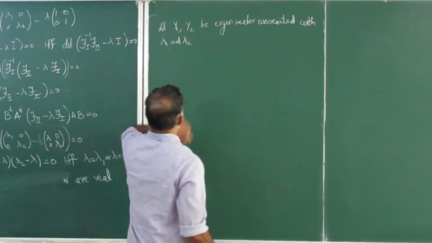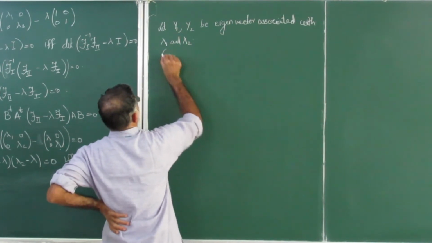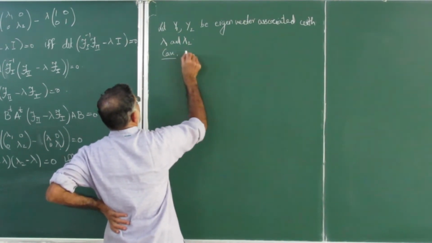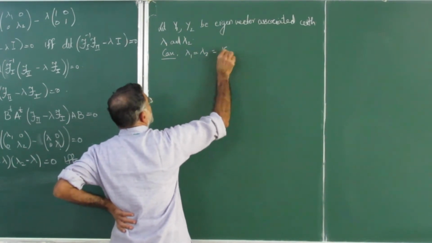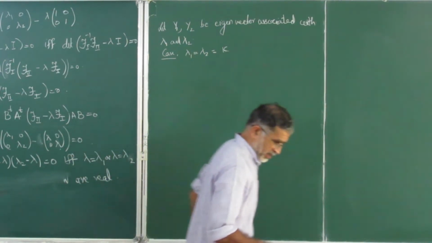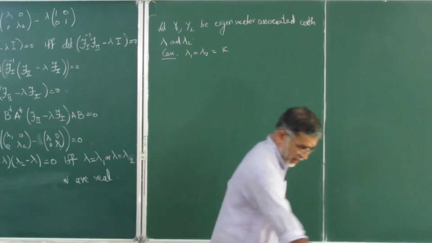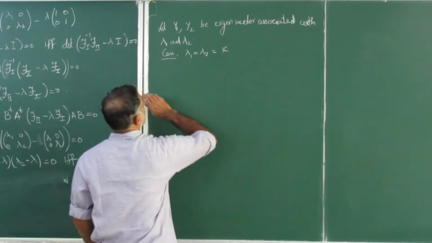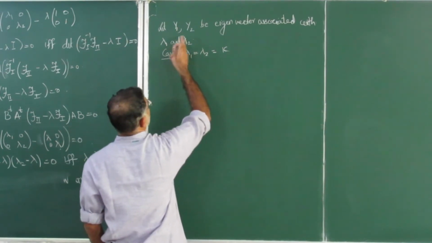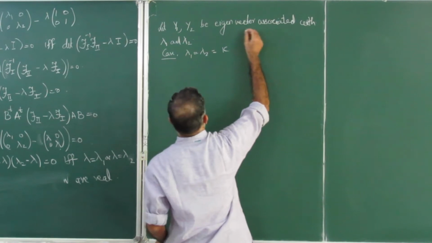So the first case, case 1, is interesting. Let us write lambda 1 equal to lambda 2. Let us call this kappa. This is the standard notation, so I will use that. So what will happen if you take any tangent vector, eigenvectors associated with this, see,